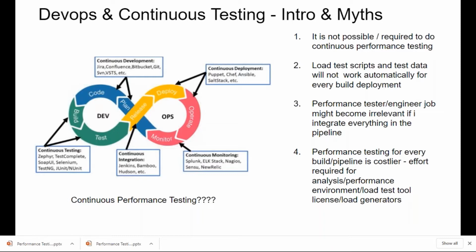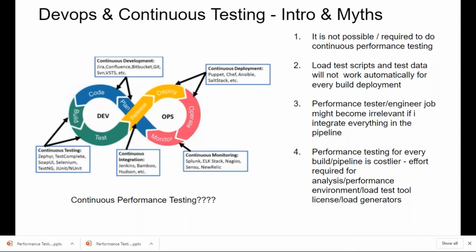So speed and quality is the ultimate goal when it comes to DevOps and continuous testing. So you see continuous development, continuous deployment, continuous integration, continuous testing, and then they do the deployment, right?